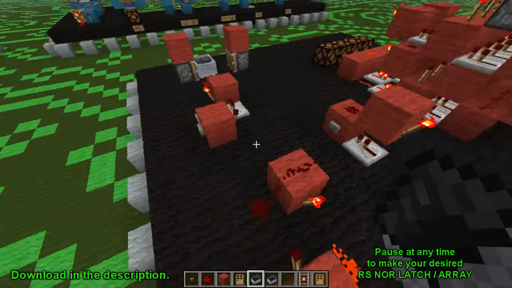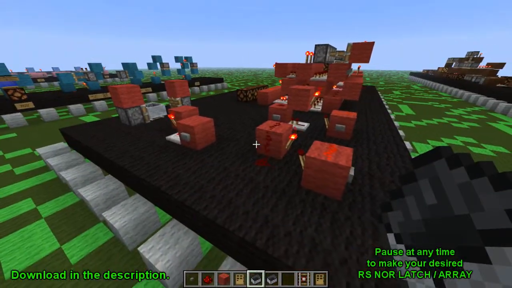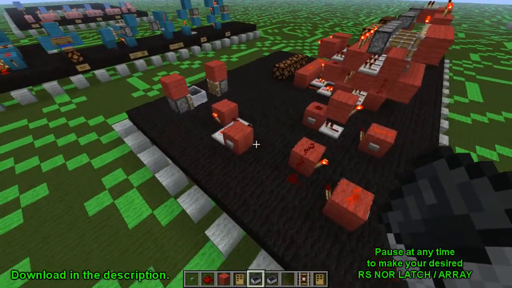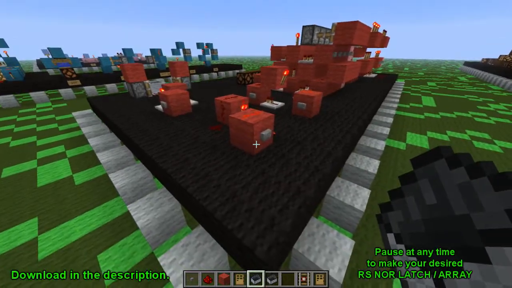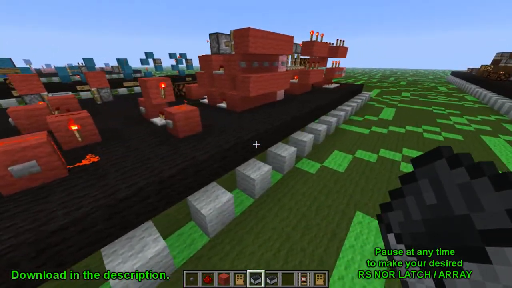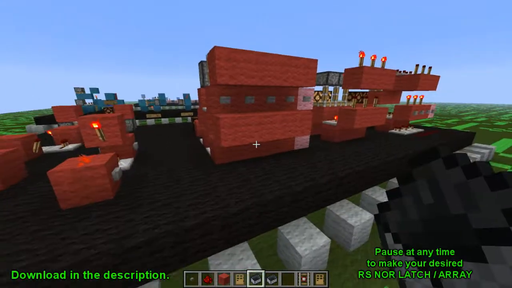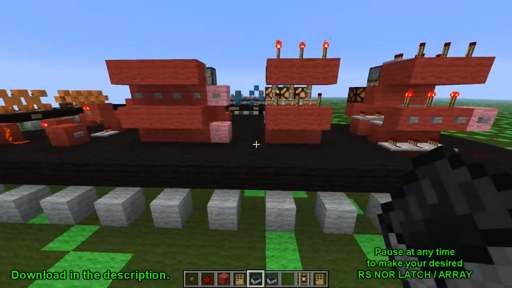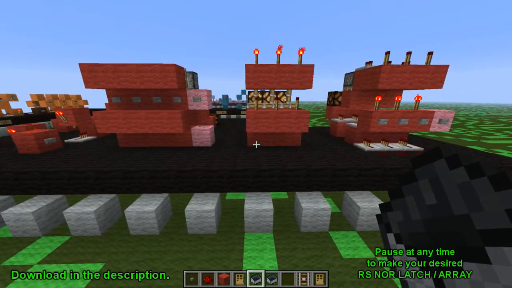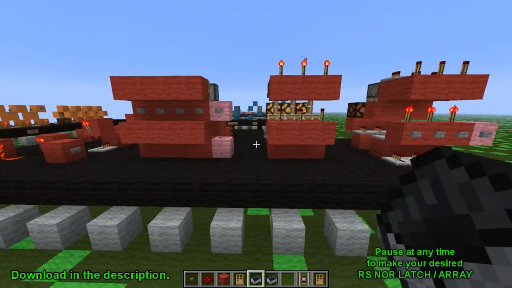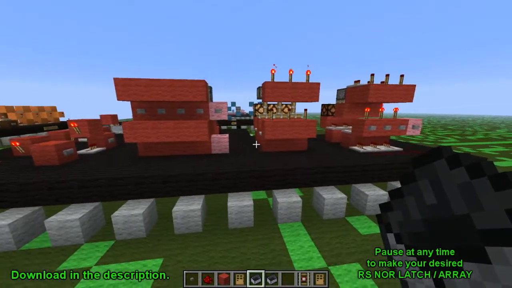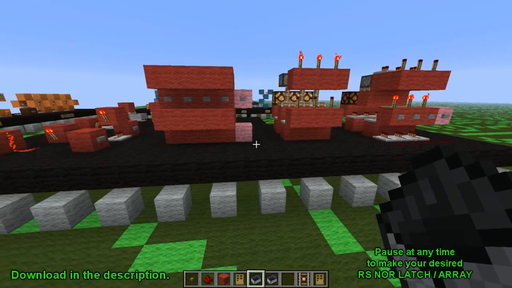Okay, so now you guys get the idea of what the RS NOR latches are. Here's a few designs of the very specific things. Now let's look into what the real applications of these designs are. Now, what I have in front of me are three quite different designs here. These are arrays. If you guys aren't sure what an array is